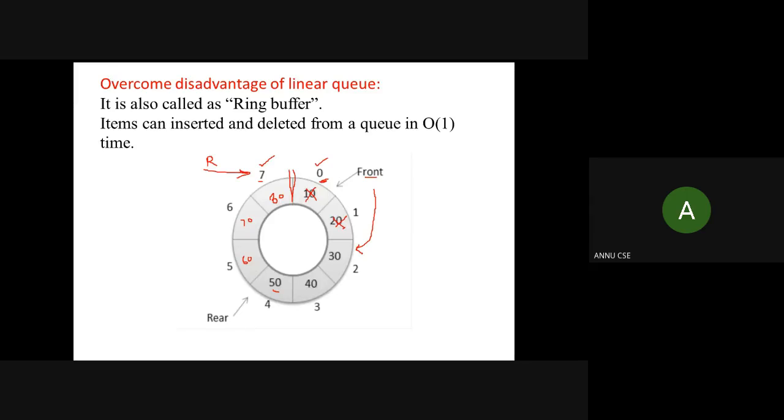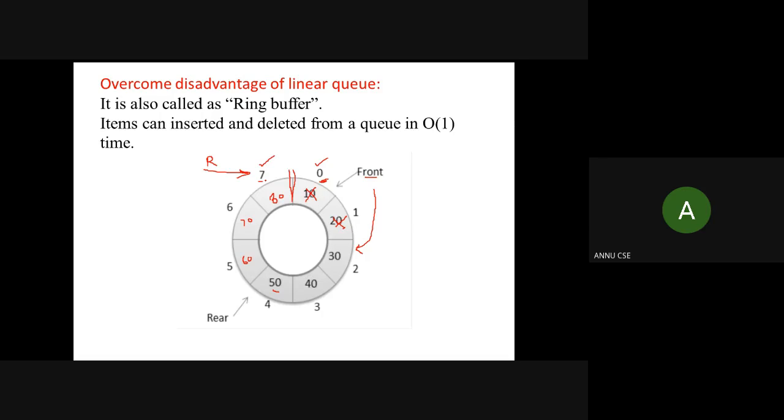Now the front end is pointing to index 2 and value 30. Here you can see two spaces are vacant, and for new insertion you can utilize these spaces in a circular queue. But in a linear queue, overflow would occur if index 7 is holding an element.